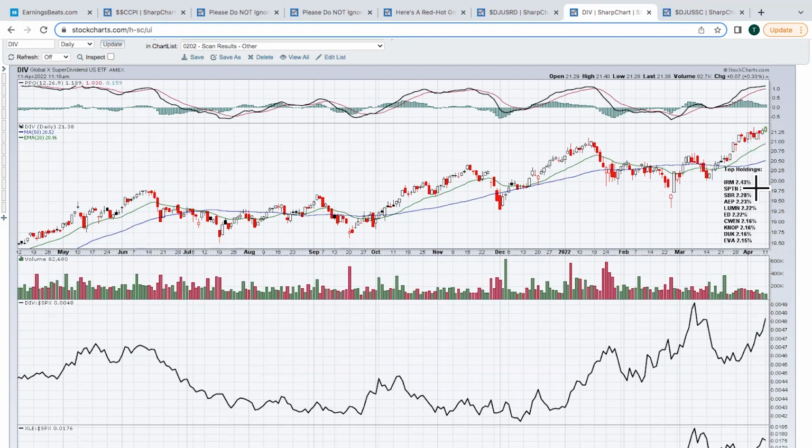Up here, I list the top 10 holdings. And when you look at these, no stock in this ETF represents more than 2.5% of the ETF. So it's a widely diversified ETF. And what I talk about when you put an ETF portfolio together, I always say you need to know what you own, because it's easy just to see a ticker going higher and then just buy it, but you have no idea what it owns unless you do some research.